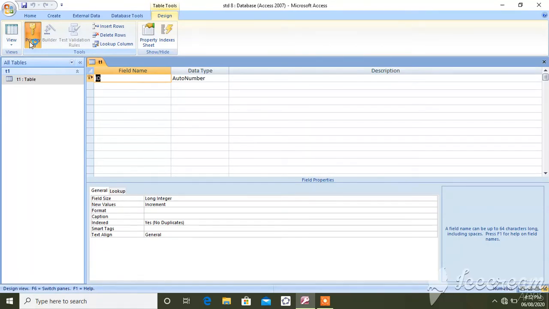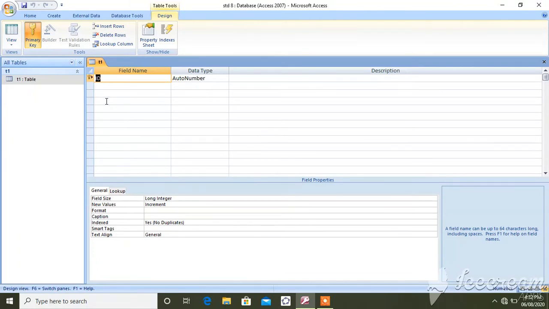Enrollment number is unique, meaning the GR number. In school everyone has a GR number, and that GR number is unique. Is it possible that two students have the same GR number? No, it's not possible. So that GR number is the primary key, and a primary key always has a unique value.